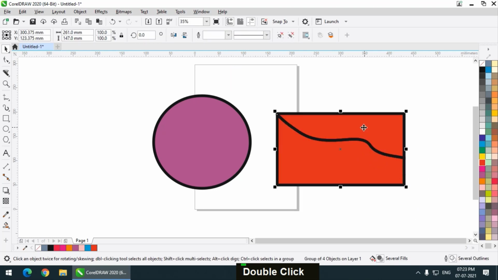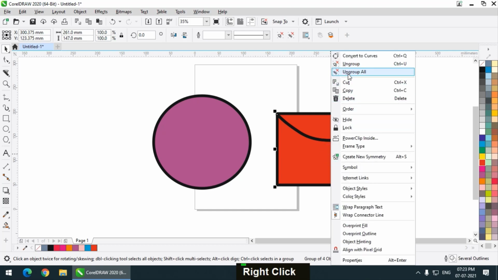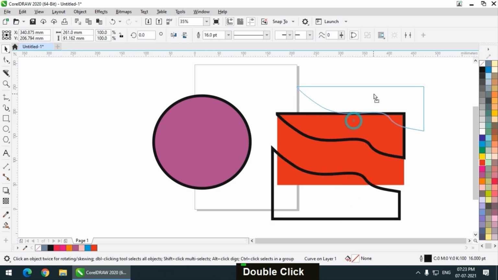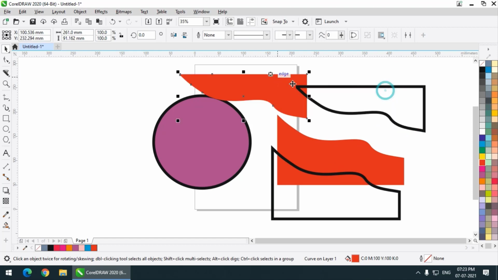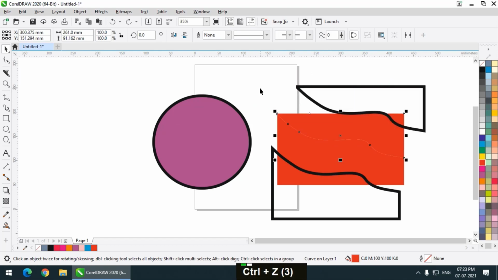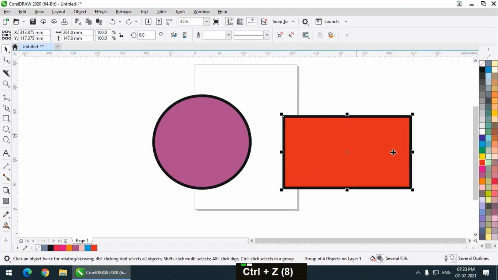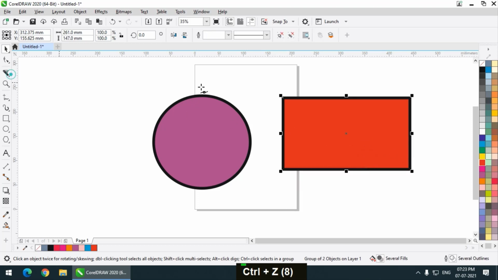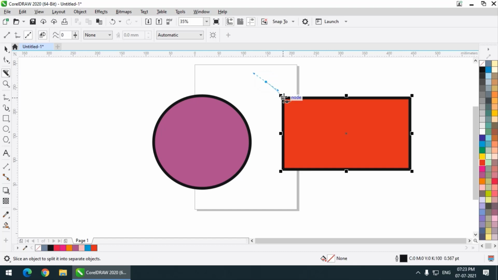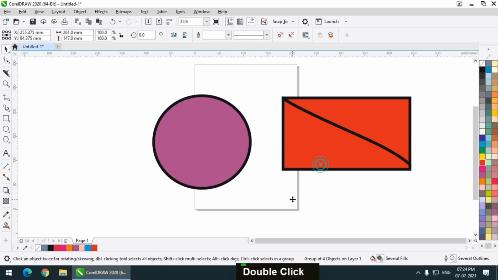Now in this particular example, I haven't ended the area inside the objects, so I have to right click and ungroup all. Then it will ungroup, and it has created a different outline and different shape because I clicked outside the shape like this. Double click on the outside, that's why it is a group.